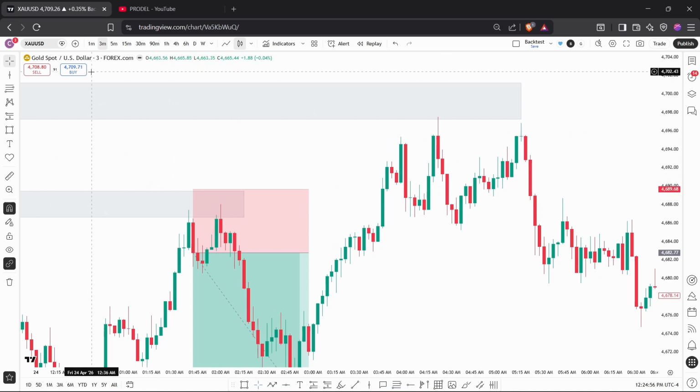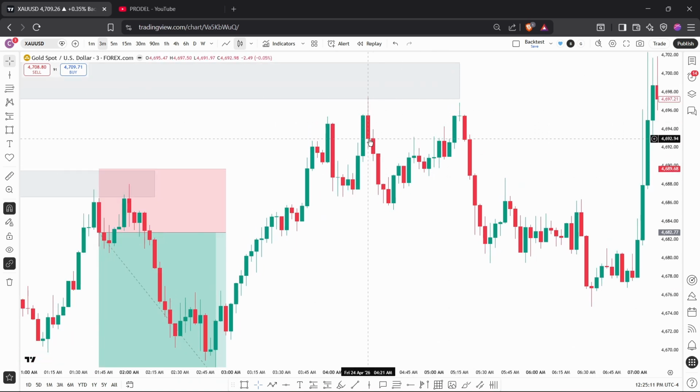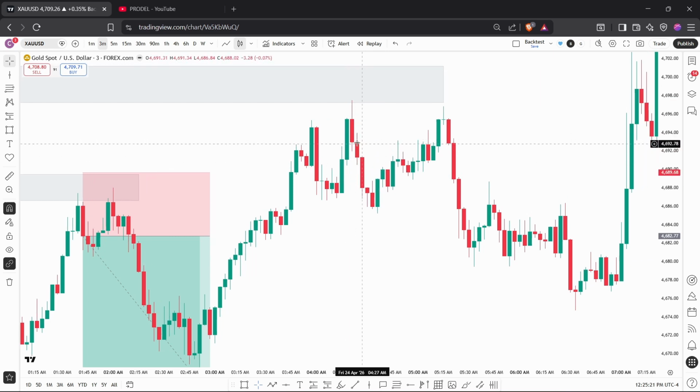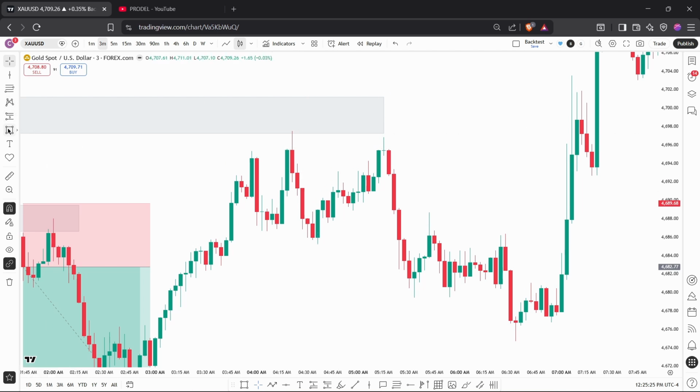engulfing on the 3-minute time frame with the strong candle rejection from the level, and you can see there is 1, 2, and 3 candles to form this engulfing. So I did not see any momentum at this level, and after that it forms the double top here,